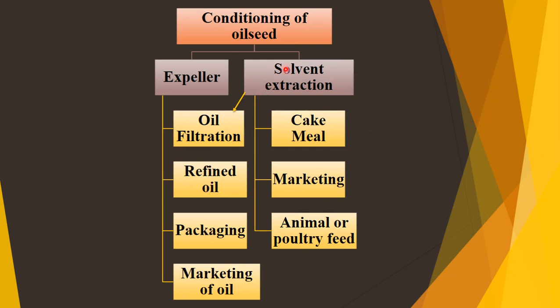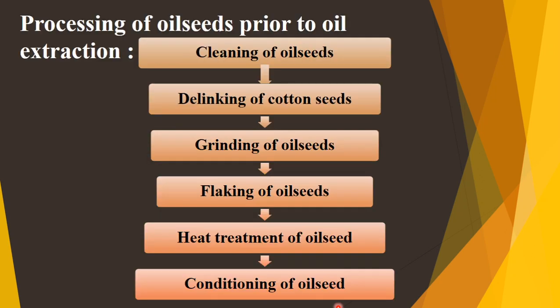But what happens to the cake meal? This cake meal is rich in protein, which is used with other food material in order to increase its protein content. They are mixed here and marketed, or they are used in animal or poultry feed. Okay, this is in general the process of oil extraction, that is cleaning of oil seed, delinting of cotton seeds,